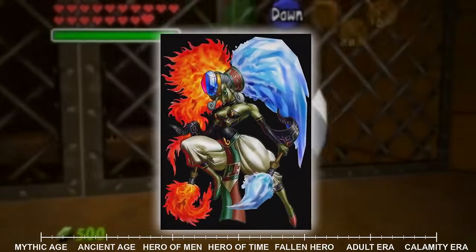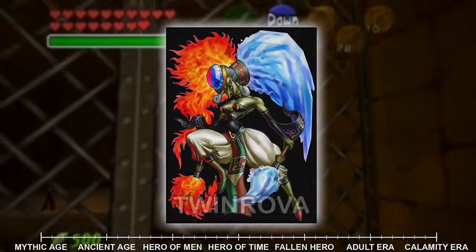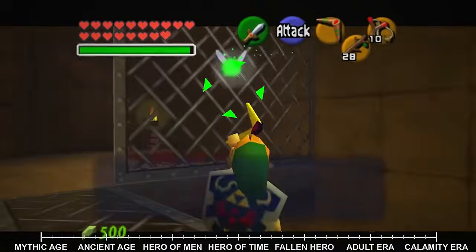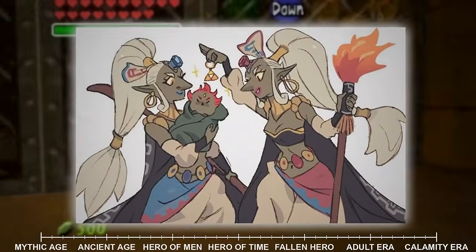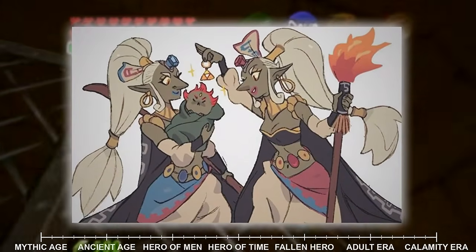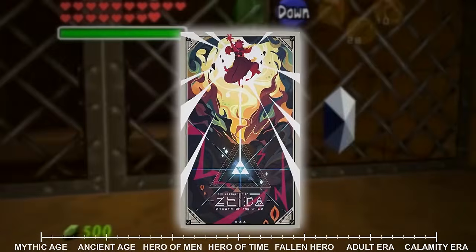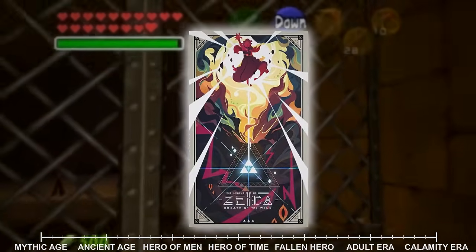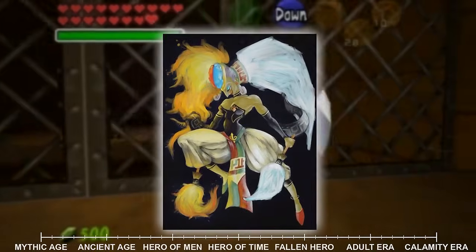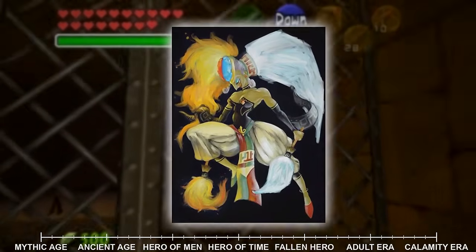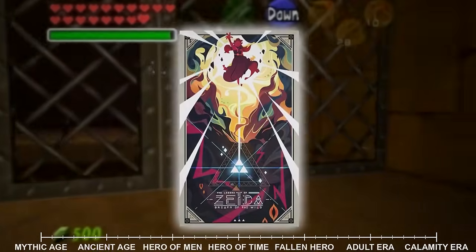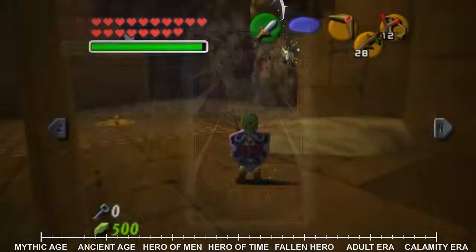The architects of this grand scheme finally reveal themselves: Twin Rova, the paired witches Kotake and Kumi who once served as Ganondorf's surrogate mothers. These ancient sorceresses survived their apparent death in the future era and have been working across the declining timeline to revive their dark master. The flames of destruction and sorrow, lit through Onyx and Varan's actions, are joined by a third element, the flame of despair, which Twin Rova kindles through the sacrifice of Princess Zelda herself, whom the witches have captured for this very purpose. In a dark ceremony, the 3 flames converge, and the ritual begins to pull Ganon's essence back from